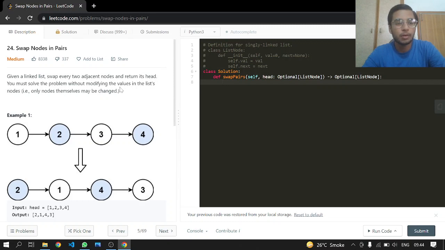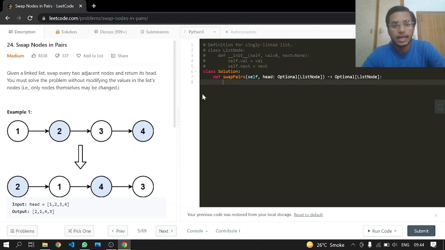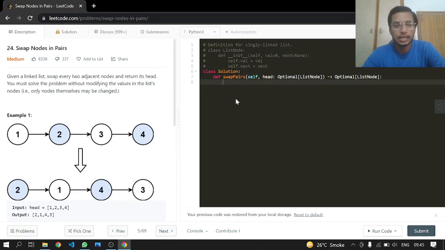You must solve the problem without modifying the values in the list nodes. The nodes themselves may be changed, not the values. You do not have to swap the values, you have to actually change the nodes. So if there is one node at the end, then we are not going to swap it. So that's it. What we can do here, suppose we have a linked list like 1 pointing to 2,